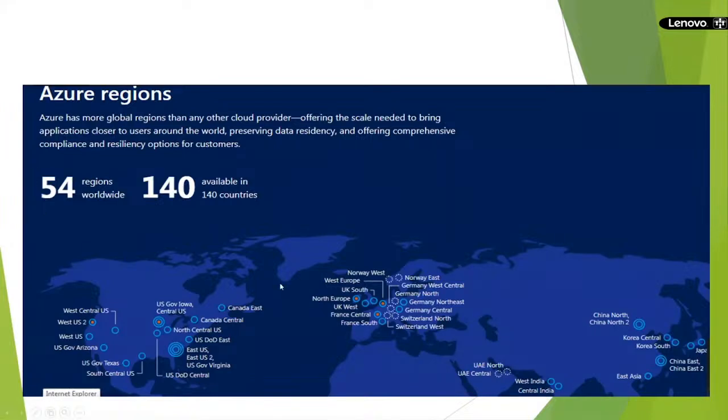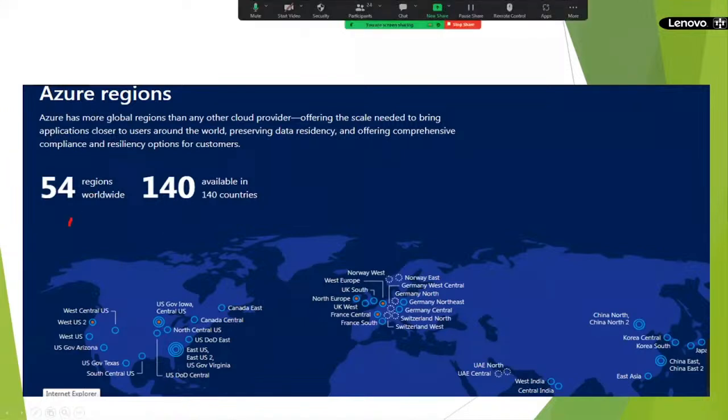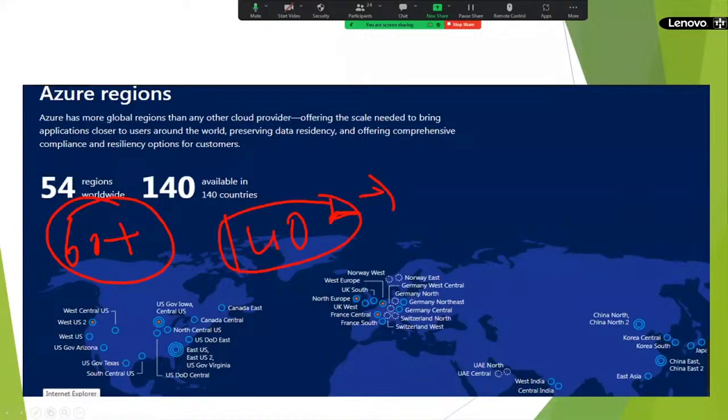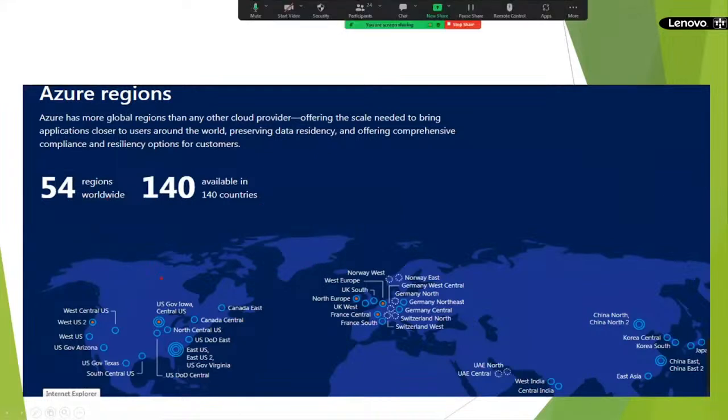Azure has 60 plus regions across 140 countries, with Microsoft running their own data centers. AWS has only 18 plus regions. Not sure if they have added more recently, but 60 plus versus 18 is a lot of gap. This is from Microsoft's site, where I pulled this slide.